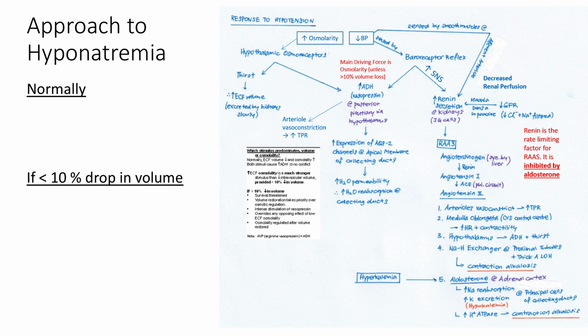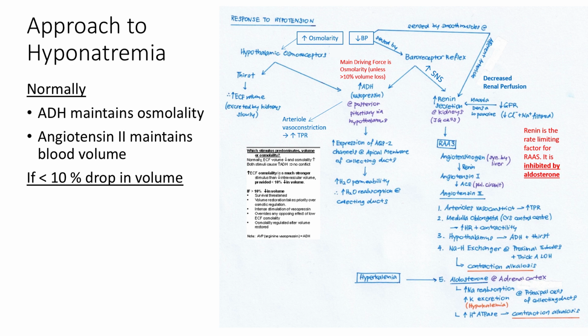Okay. So we look at this. The ADH thing, I'm not sure whether you all have a full understanding of this. But the big picture is that ADH maintains osmolality and angiotensin 2 maintains blood volume. This is what happens in a normal patient like you and me. Because angiotensin 2 reabsorbs sodium together with water, it doesn't disrupt osmolality. ADH is the main one that functions if, let's say, I never drink enough water and I feel thirsty. Okay? But if there's more than 10% drop in blood volume,